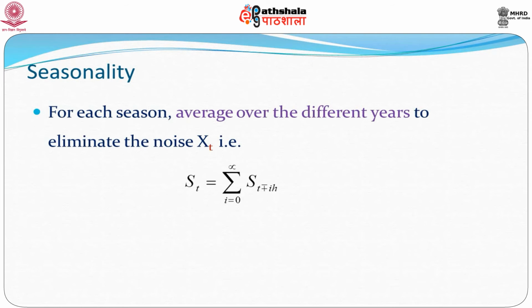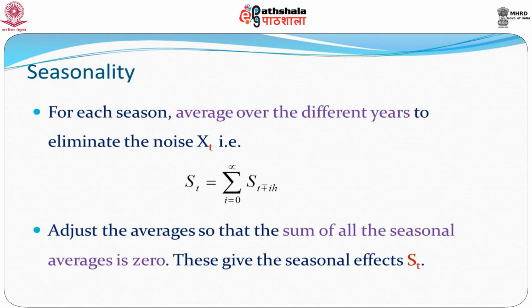So what we do is we average the st's out over the years, so that the noise is actually averaged out. So this is a more general formula. We are going to average the values over all possible seasons, for a particular season over the different years. And then what we do usually is to adjust the averages, so that the sum of all the season averages is 0. Generally there would be some errors due to calculations or some approximations, and hence the sum might not come out to be 0, but the average should be